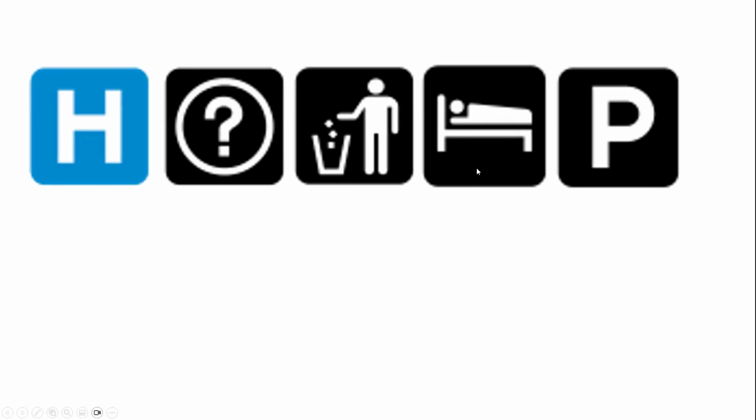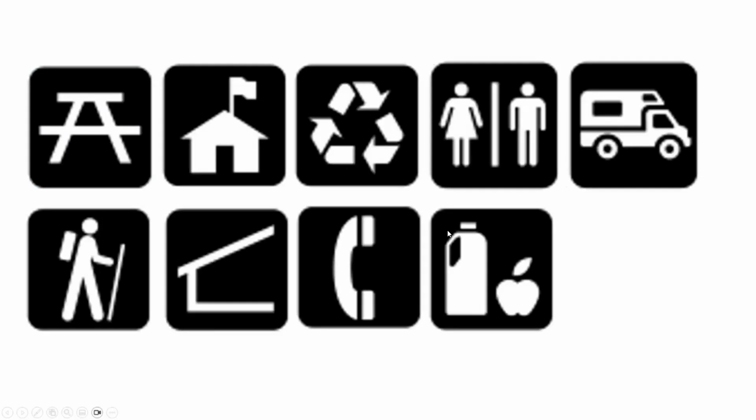The next one, lodging. It can be a hotel, it can be an inn, it can be some type of accommodations that you have. Next one, parking. Okay. We're going to go first with the top row. This one, picnic table. Picnic area. Perfect. Next one,